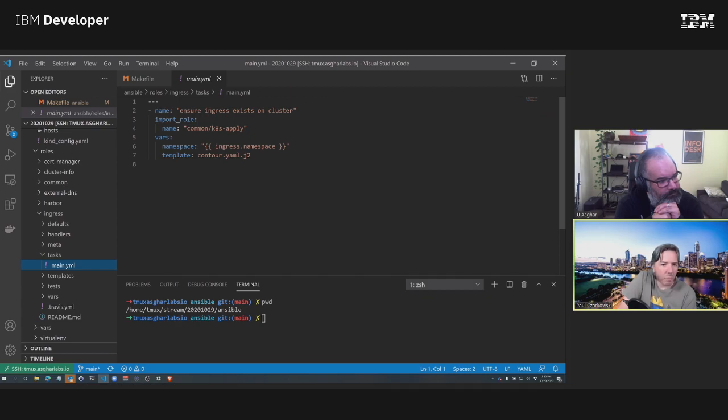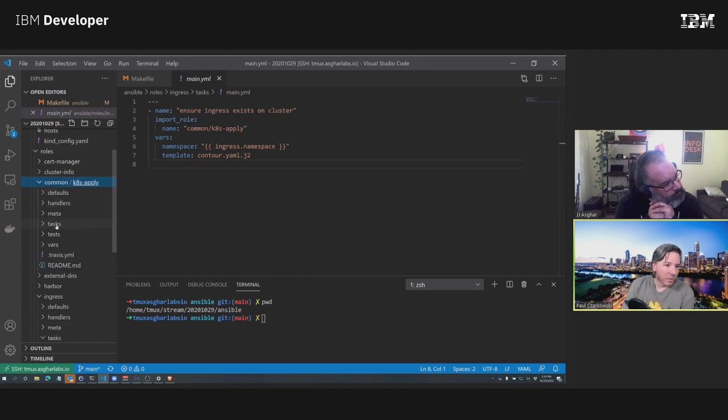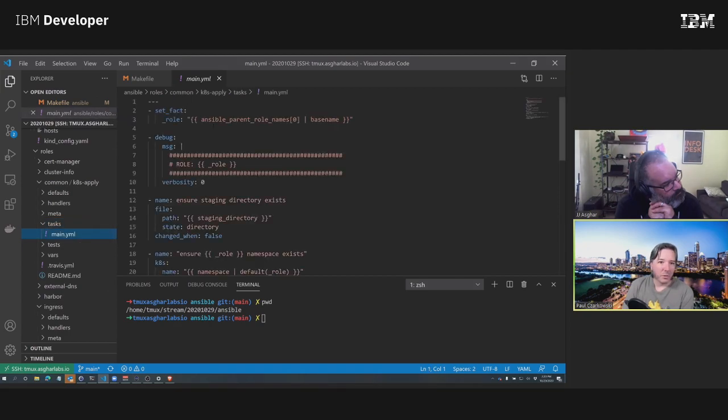And so all I'm doing in tasks is running this import role. What I'll often do, if I have something I do frequently, like a group of steps, is turn that into a common role. So in here, in common k8s apply, I do a few things.